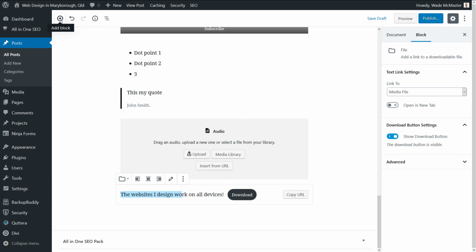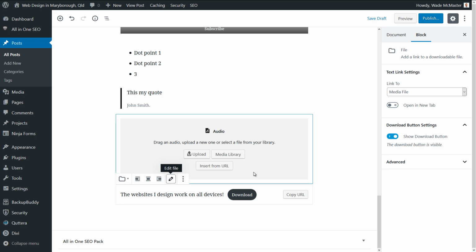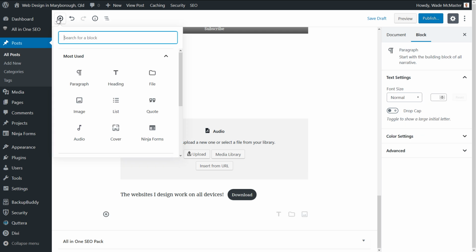Next one we're going to add now, and of course, before I go any further, if you highlight this, you can edit this by clicking the pencil button, and you can change what file you're using. So pretty simple, you can copy the URL there. But now we're going to move on to another block,